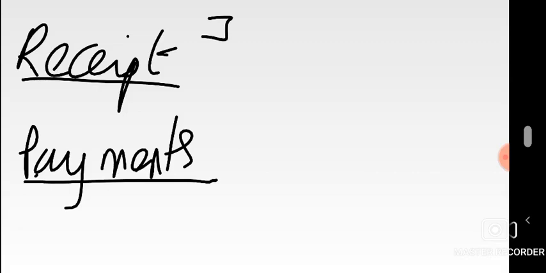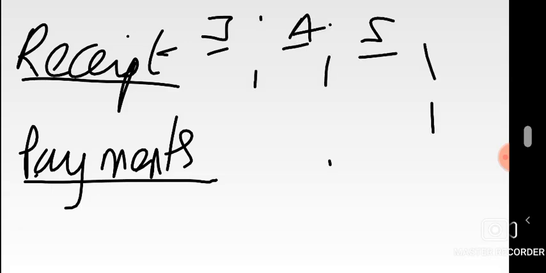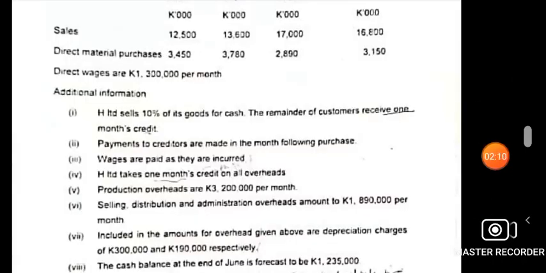So they've told us July, August, September. Just three months, just these three. So this is how your columns would be: July, August, September, just like that. Then you start putting the details accordingly. Let's start with the receipts and see what details. Let's look at the sales.